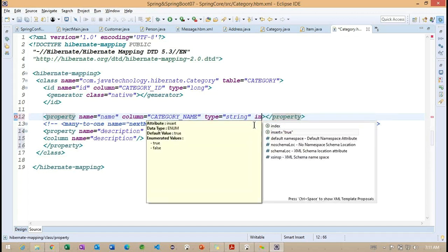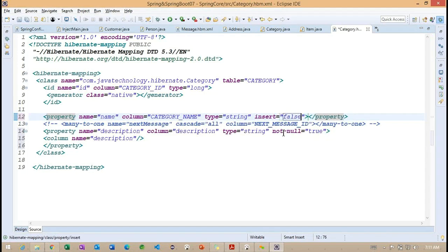By default it is true, as you can see, but now we can make it false. Then it is not going to perform insertion operations. When we make this false, internally it will not save the data when we try to insert in any query. Getting the point? Using insert, we can control these properties.